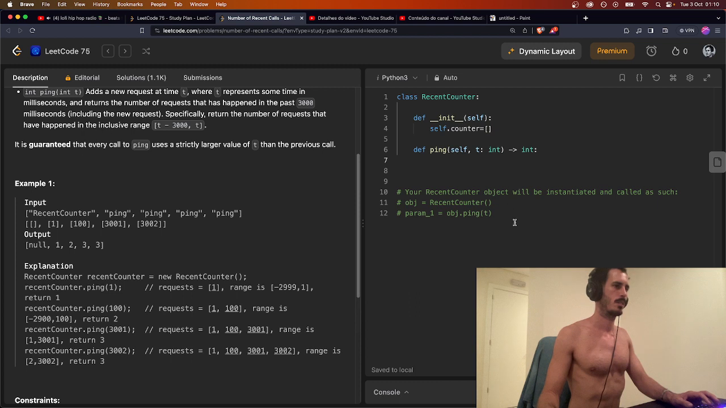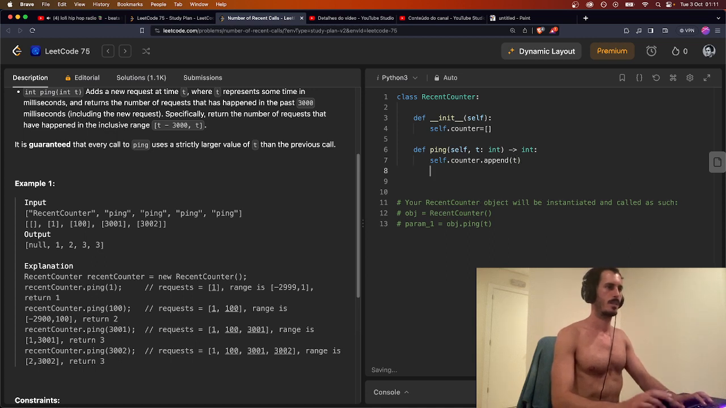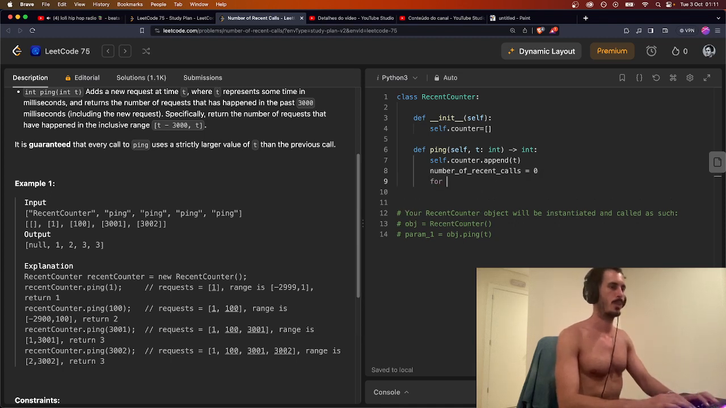and then ping. First thing we do is self.counter.append t, and we then do return values, return the number of recent calls equals 0. So for index in range length of self.counter minus 1